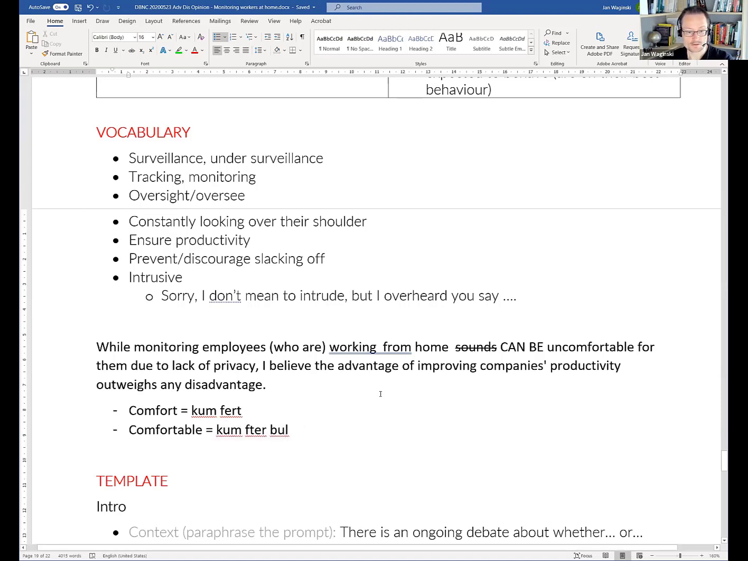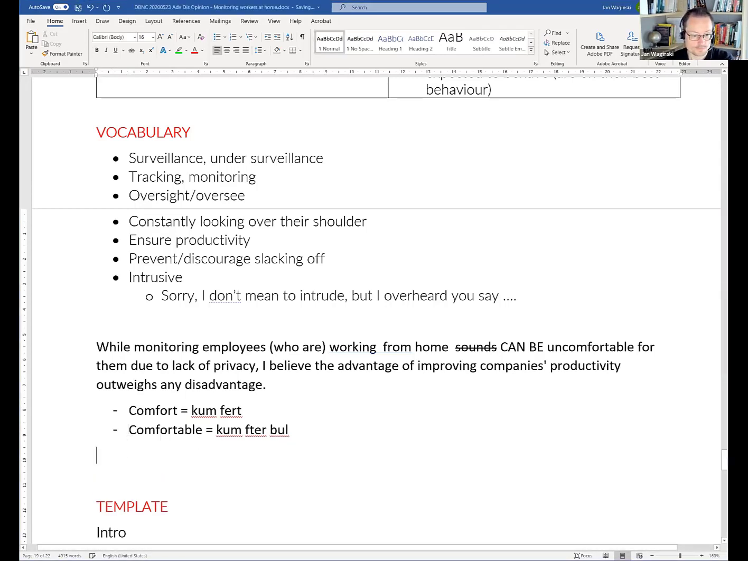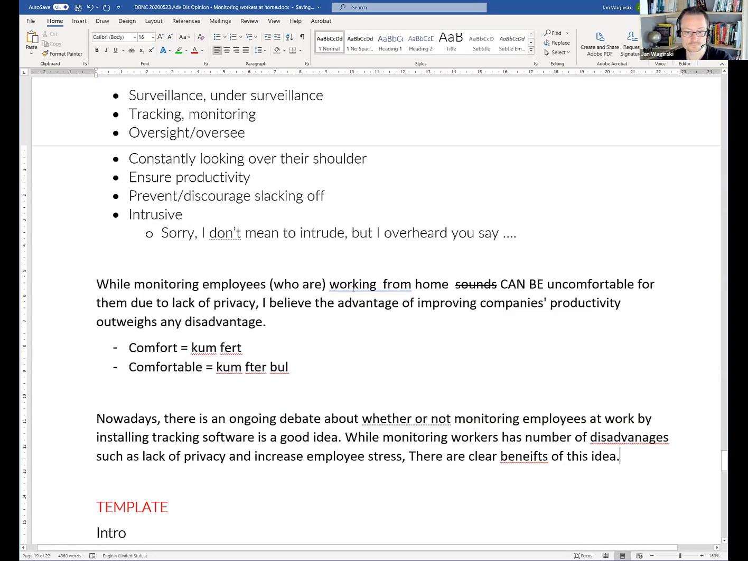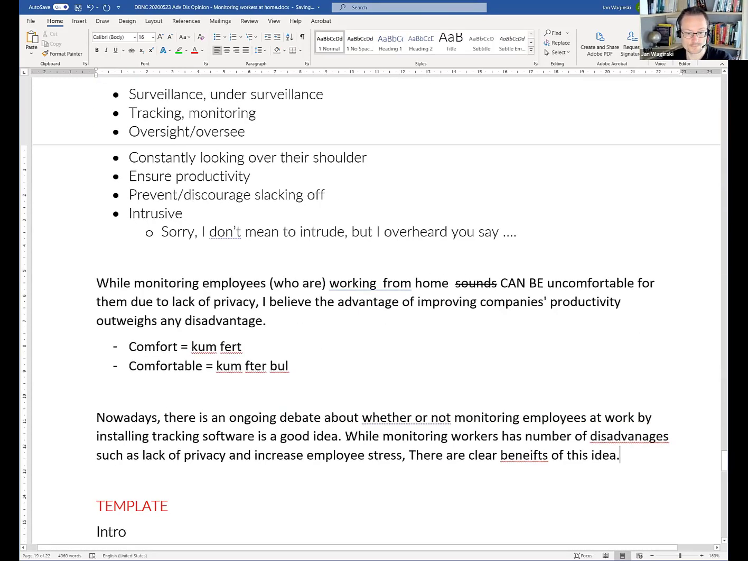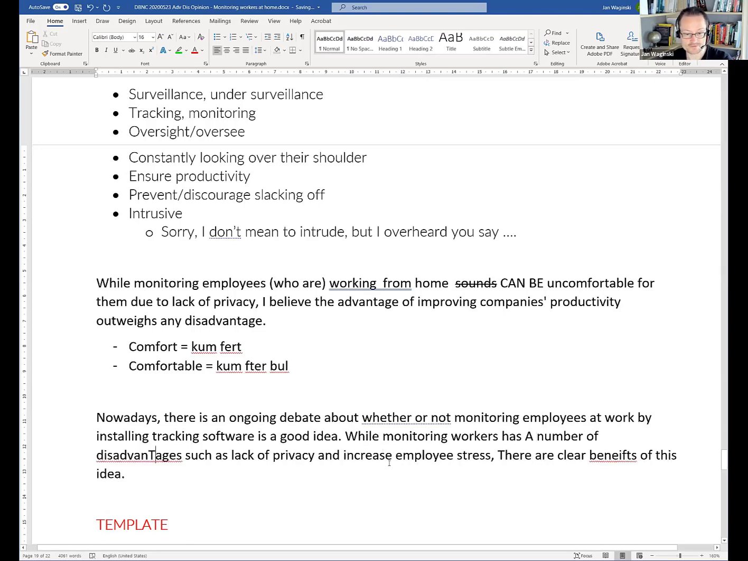Okay. I believe the advantage of improving companies' productivity outweighs any disadvantage. Good. Nice format. We've got Allah's here. Very nice. Has a number of disadvantages, such as lack of privacy and